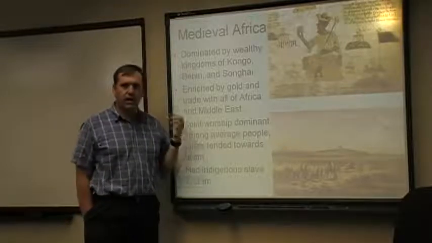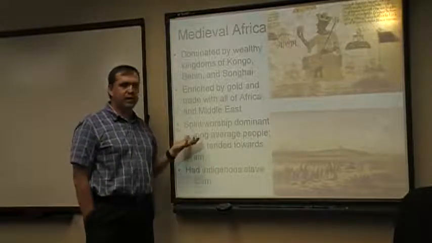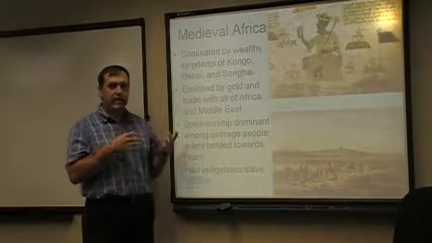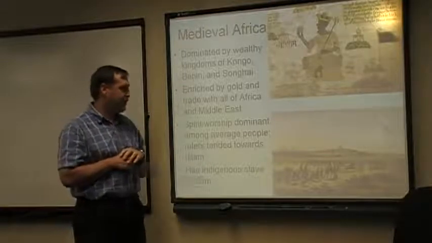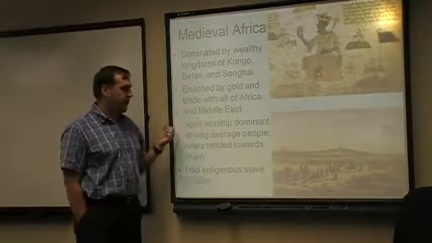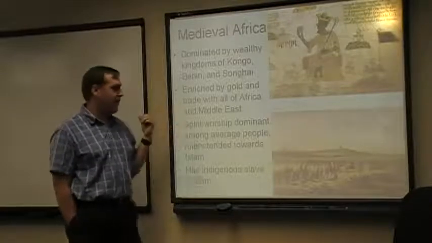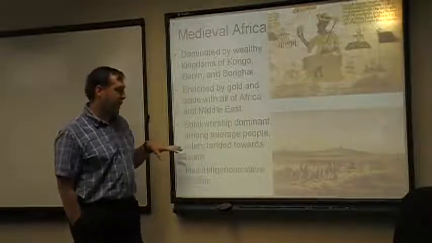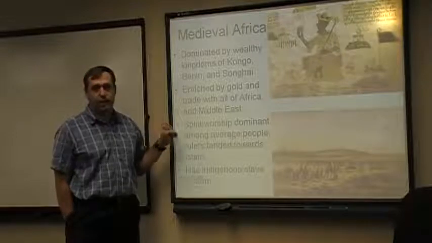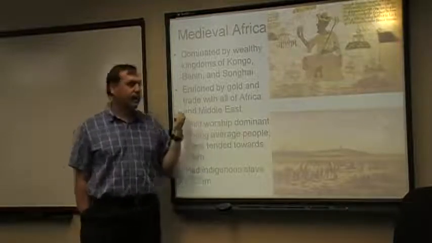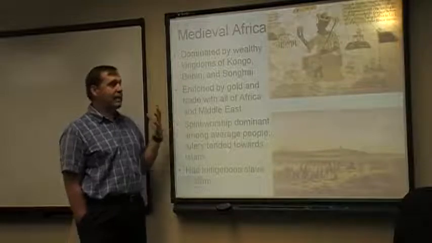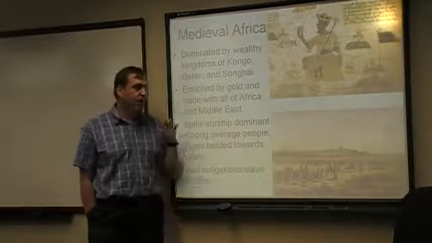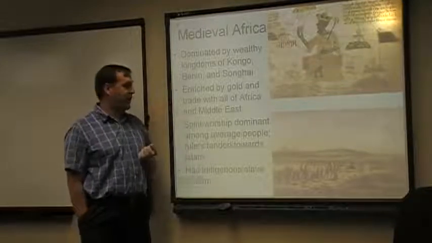Most of the people that you would see here in medieval West Africa would be in some kind of spirit worship. You see this sometimes evidenced by spirit masks. You can find this both in American Indian culture and also in medieval African culture. Ancestor worship, connection with people that had passed away that were in your family. The idea was that you could make spiritual connections with them. The upper nobility and the rulers, however, are increasingly tending towards Islam. And the reason for that is as West Africa is gaining wealth and prominence, they, like a lot of emerging places in the world today, want to send their children, who are going to be the future rulers, off to get educated by the best educators in the world.